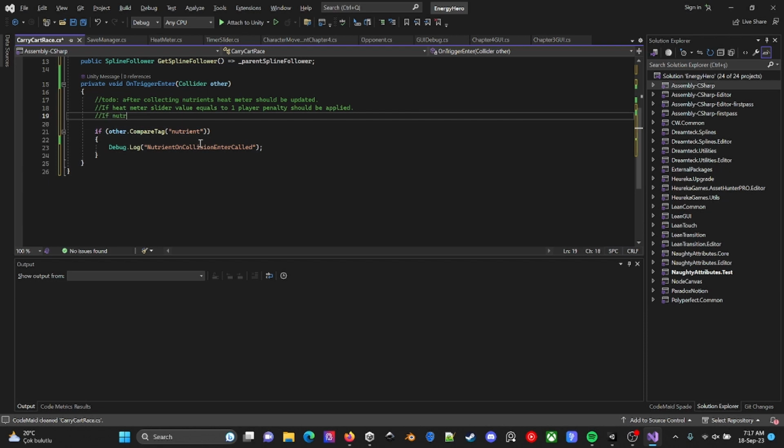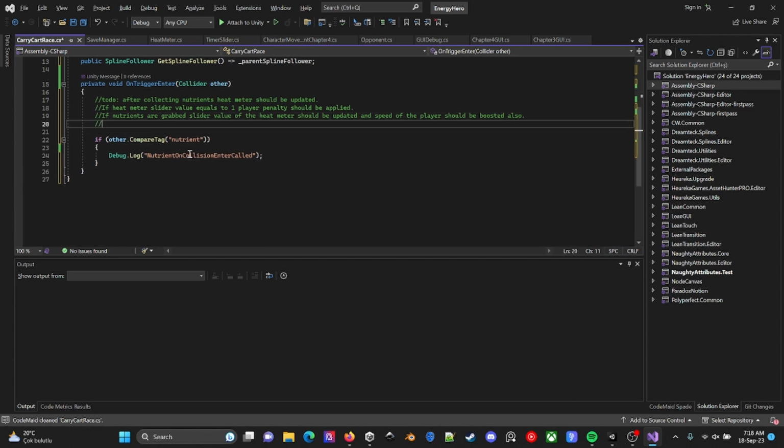If nutrients are grabbed, slider value of the heat meter should be updated, and the speed of the player should be boosted also.